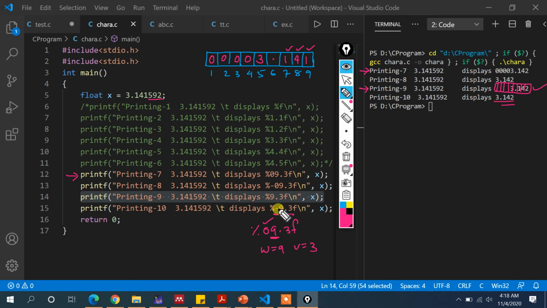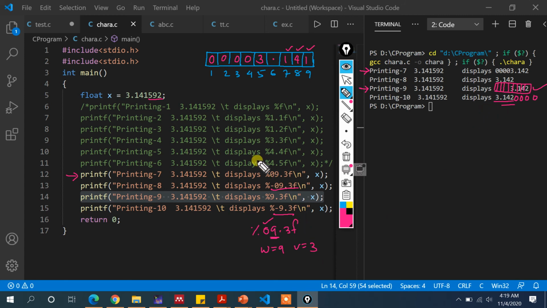Okay, so if you are displaying something in a left-aligned manner and you put 0 over there, the compiler simply ignores these zeros, because it should not put zeros at the right side. If it put the zeros on the right side, the entire number would change. That is why the compiler is intelligent enough to ignore these zeros on the right side. But whenever I write %09.3f, the compiler puts that 0 on the left side, because the compiler knows 0 has no value if it is displayed on the left side of this output.